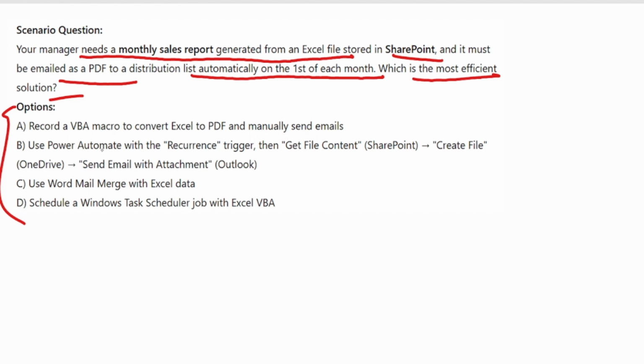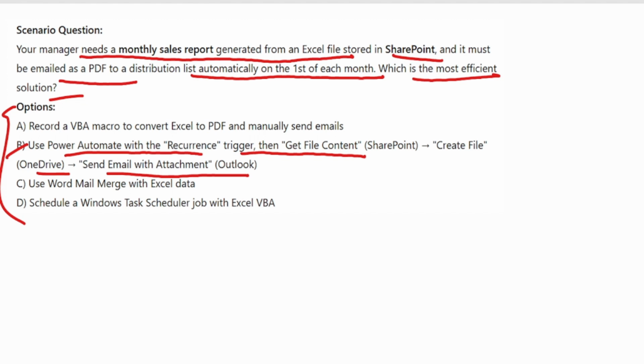The correct option here is option number B. Use Power Automate with the recurrence trigger, then Get file content from SharePoint, Create file in OneDrive, and Send email with the attachment in Outlook. So here the Power Automate flow integrates with SharePoint, Outlook, and OneDrive to fully automate report generation and email dispatch without manual intervention.